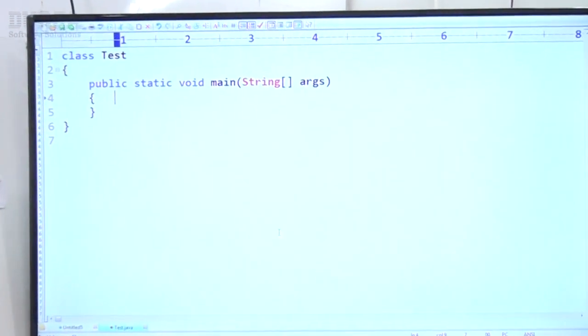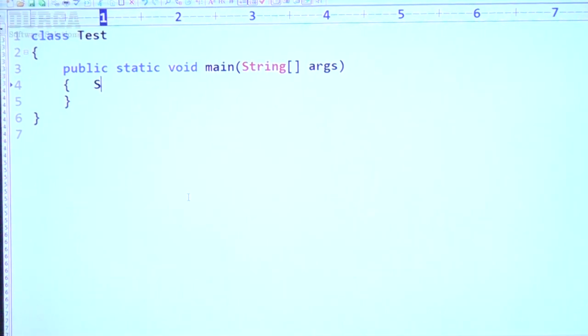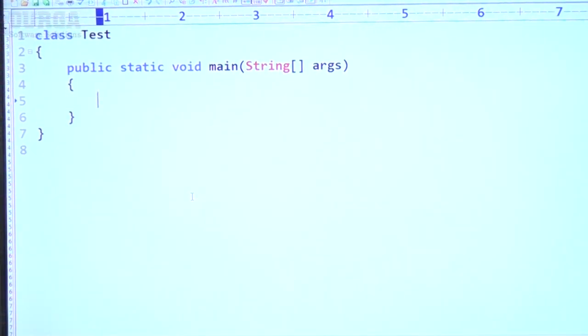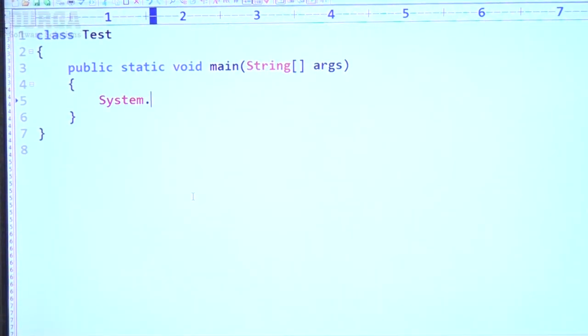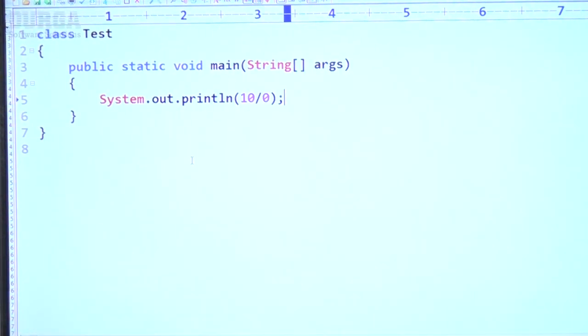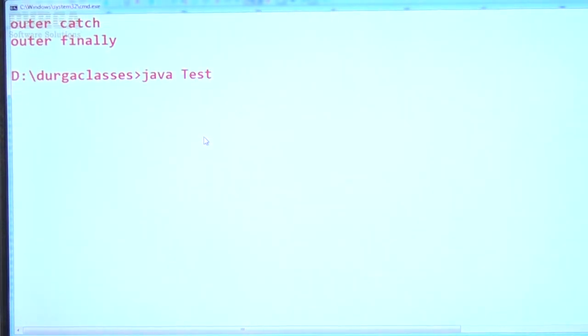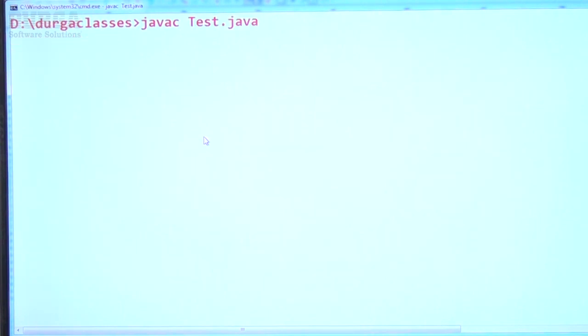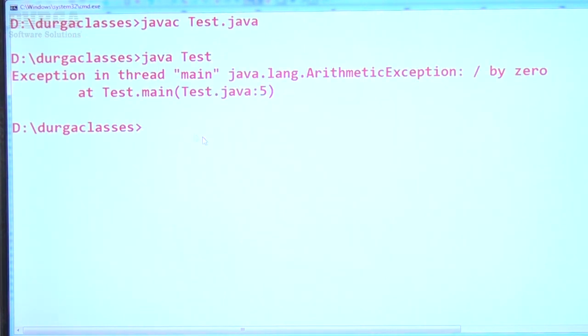Have a look once. Observe very carefully. This is public static void main. I'm taking just System.out.println(10/0). The code compiles fine. If I run this code, what is the answer we are going to get, sir?